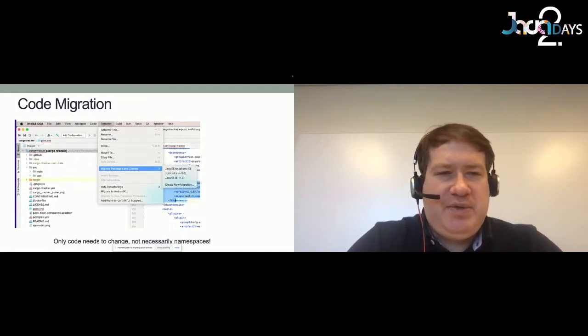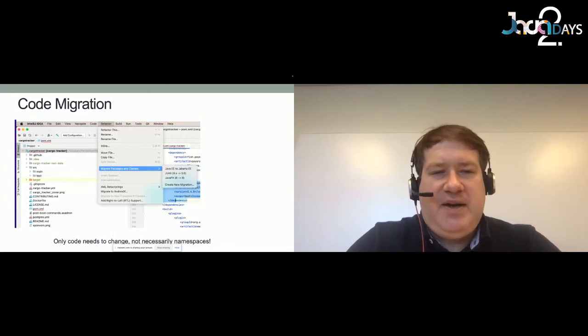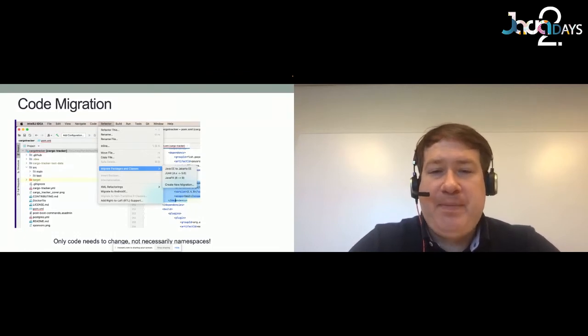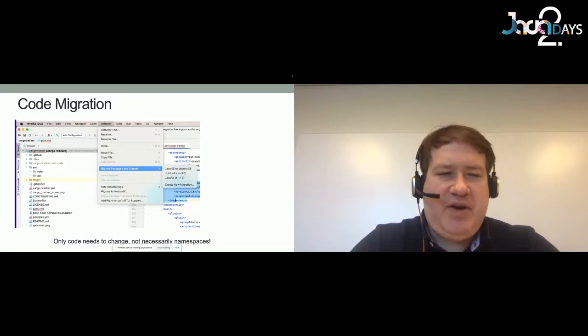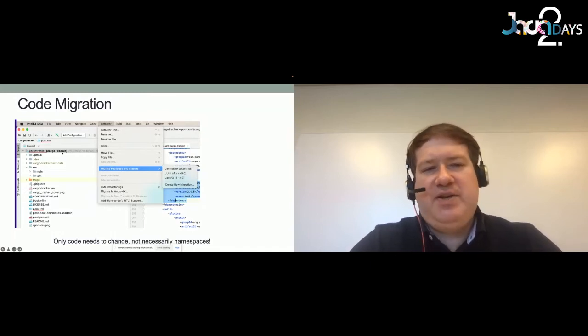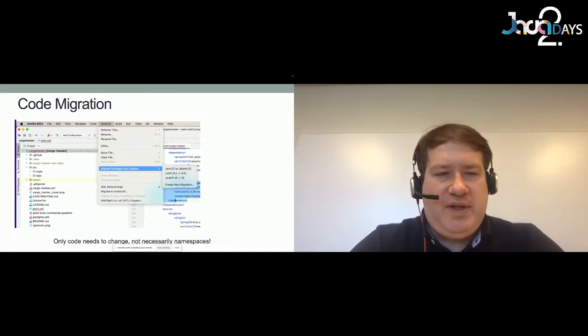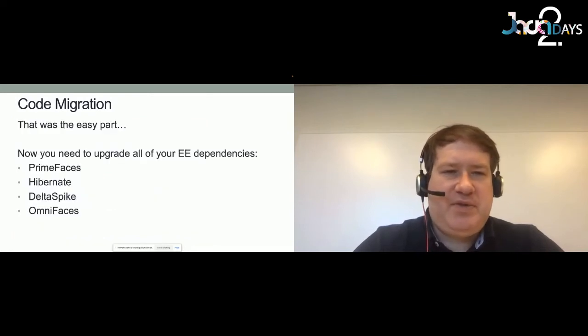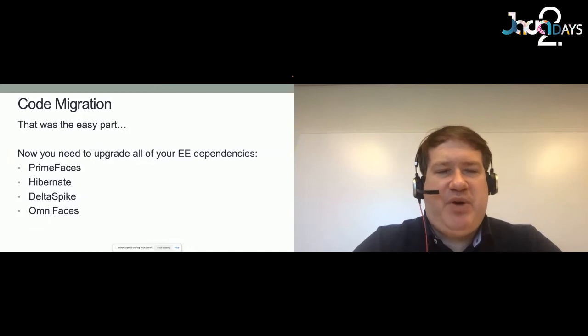And so, for example, in the case of IntelliJ, they have a refactoring tool that will migrate your code from Java EE to Jakarta EE. So you click on that, it goes through your entire project, does all of the conversions for you of the imports, and you're off and running. I did this on the Cargo Tracker application. Literally, I had the application over on EE 9.1 in less than 30 seconds. So it's fairly straightforward to do that. That's the easy part for the transition.